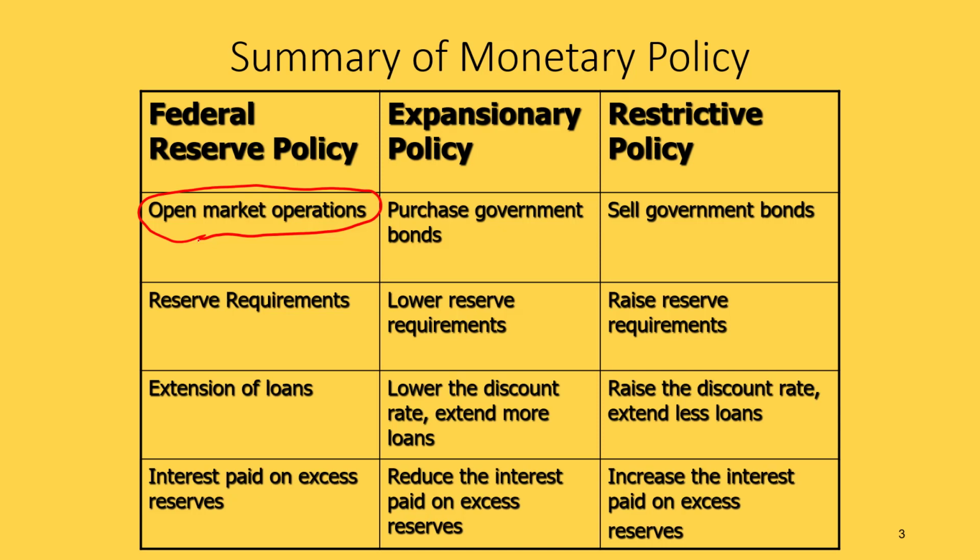And that is one way that the Fed can practice expansionary policy. So again, the discount rate is just the rate at which the Fed loans money to commercial banks. The lower that rate, the more commercial banks will borrow, giving them more money to circulate throughout the economy. Now, if the Fed wanted to use restrictive policy, it would raise that interest rate or discount rate that it